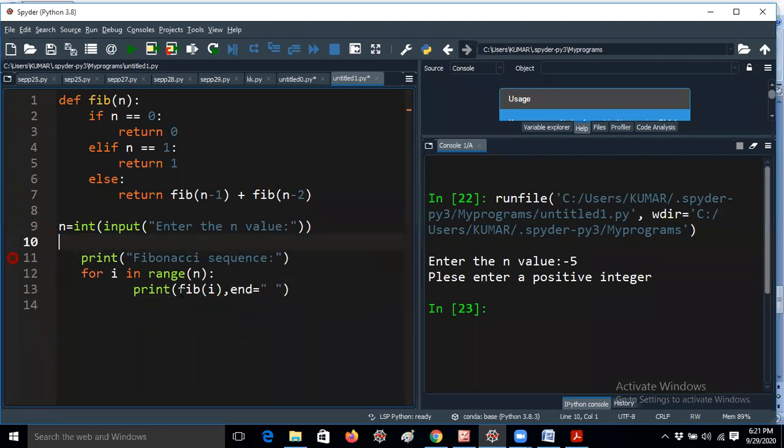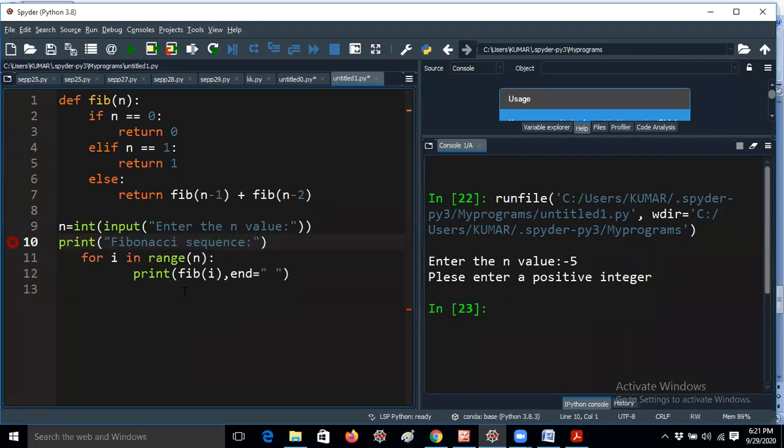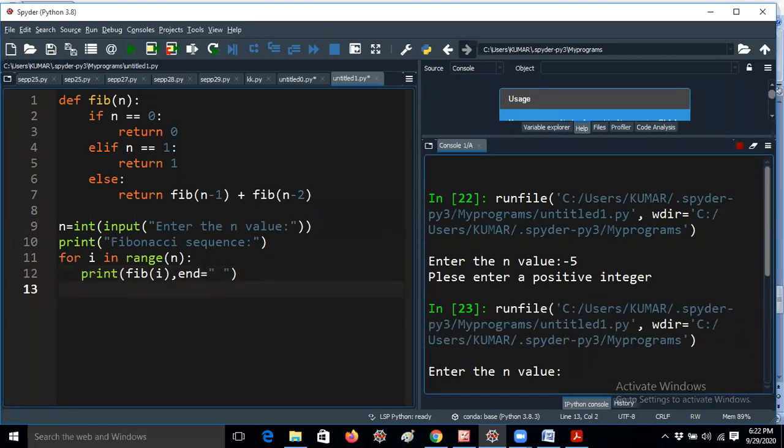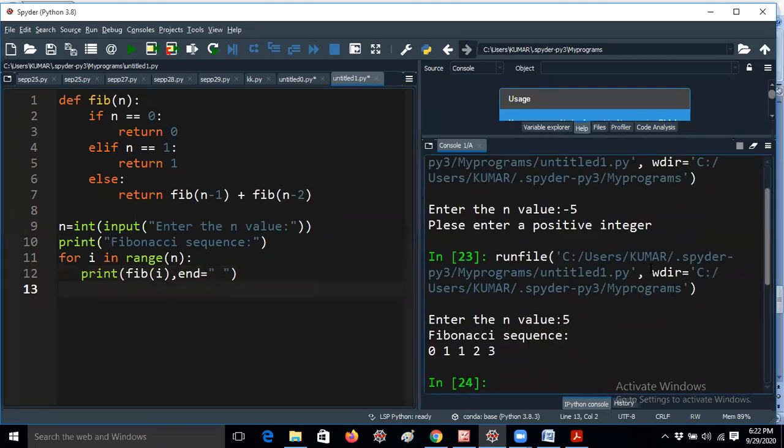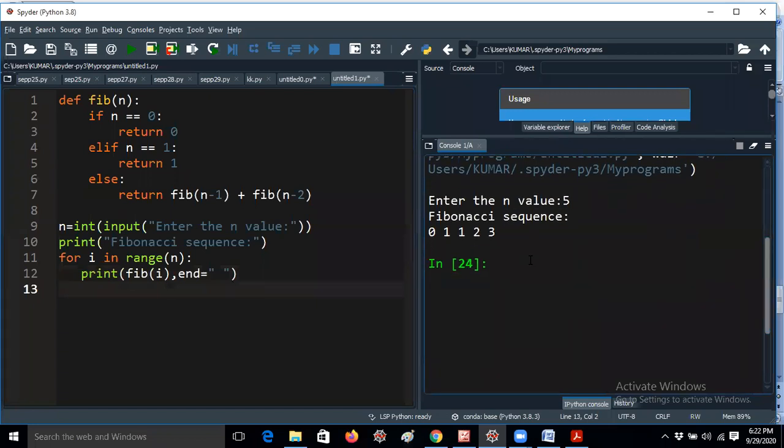Because you know the rules: the computer cannot give a right answer with respect to the user; based on the instructions you define in the program, it will work, guys. So if you remove that line and don't enter negative values, the operations are very easy. If I give 5 for the Fibonacci series here, I get the correct answer only. So you don't need to write all these if-else things. Those are not required.